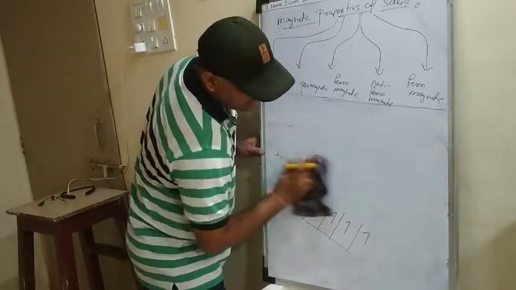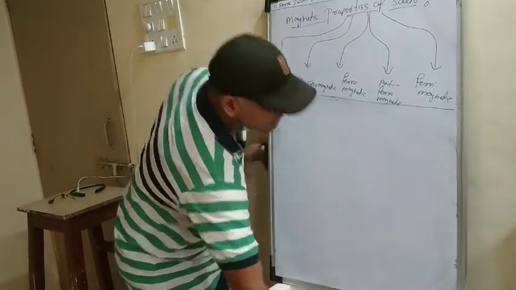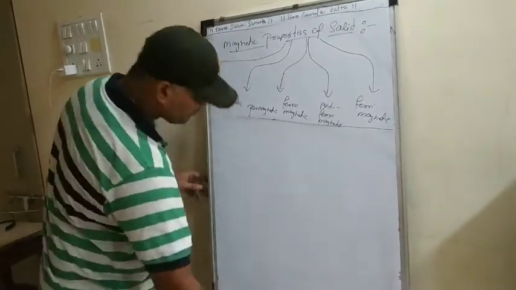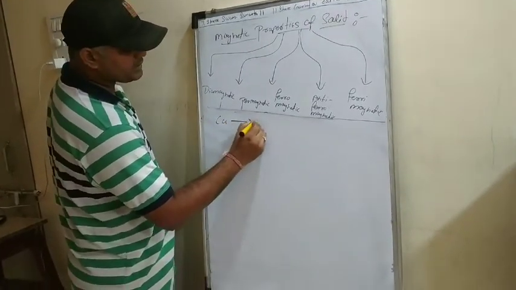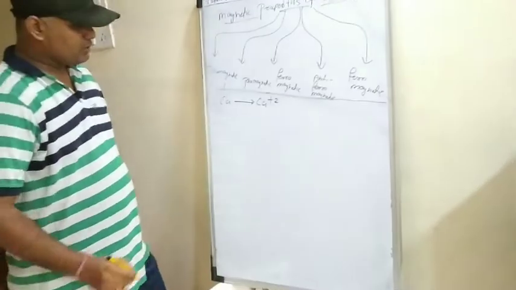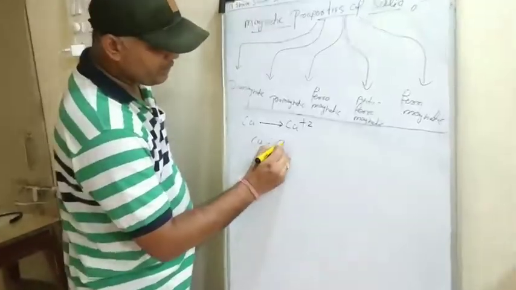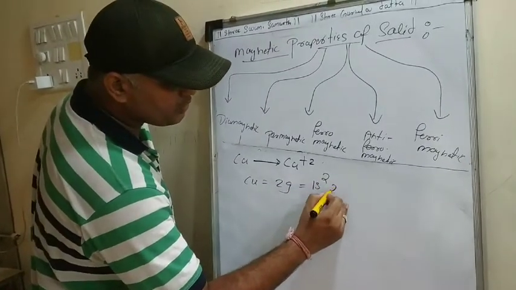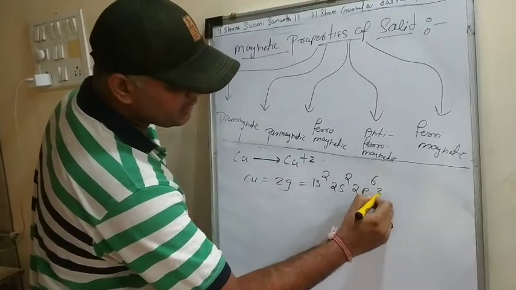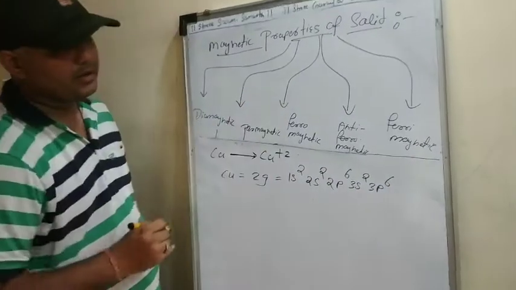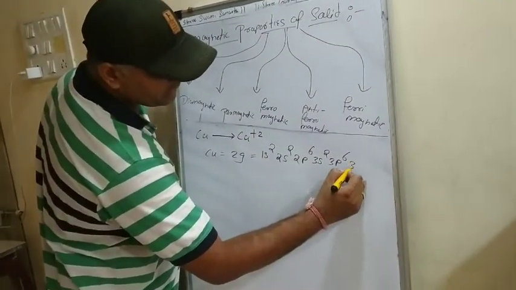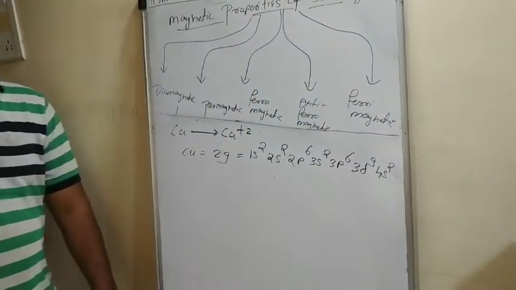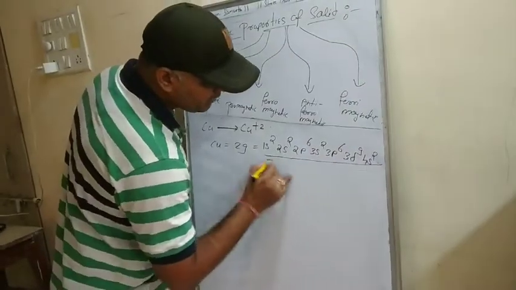Now let's talk about the second example of this, copper. This is also very, very important. Now talking about copper, copper gets converted from Cu to Cu plus 2, right? So what is the atomic number of copper? Copper atomic number is 29, right? Copper atomic number 29 means electronic configuration 1s2, 2s2, 2p6, 3s2, 3p6. Now here the configuration should look like 3d9 and 4s2, right? You think that the configuration might be like this.